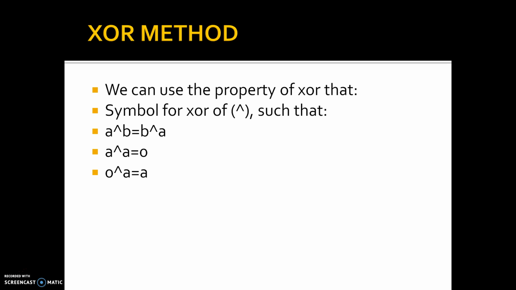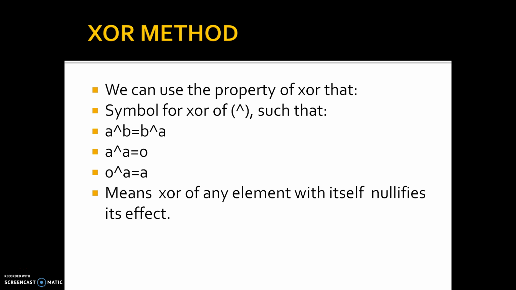The XOR operator tells us that if we have the same bits, for example 1 XOR 1 would be 0, and 0 XOR 0 would also be 0, and if we have 0 XOR 1 or 1 XOR 0, then we would get 1. So this is the property of XOR. The XOR of every element with 0 gives the same element A. Okay, so we can use this property